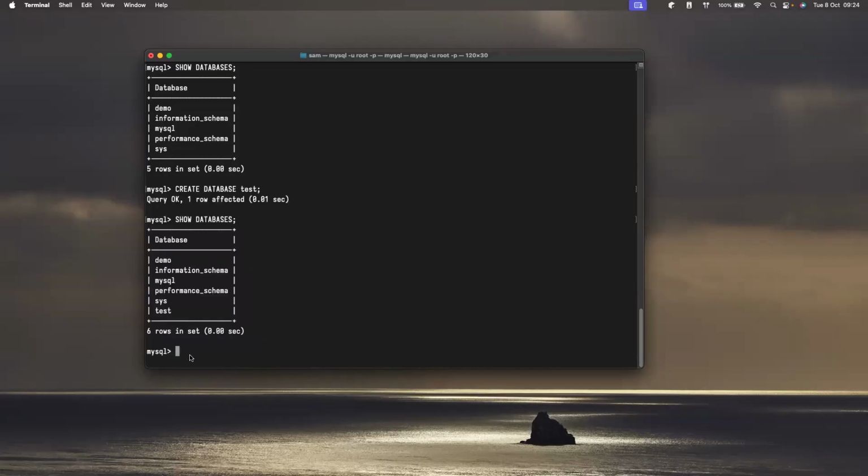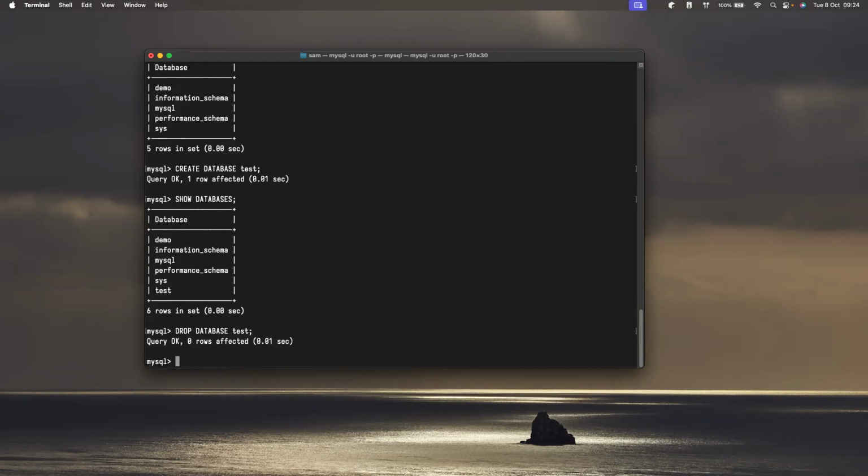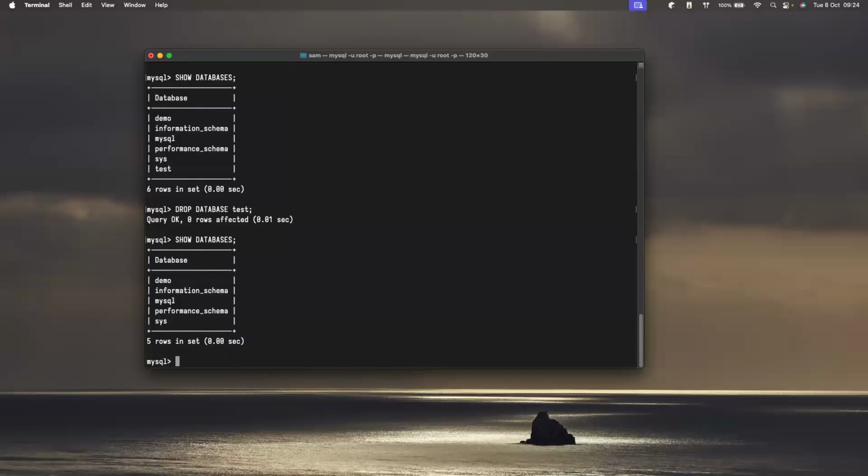Okay, fine. What if I want to drop the database? And by drop, I mean I want to delete it. So how can I drop a database? Any idea? How can I drop a database? Delete database? No, it's just drop. Drop database, and the name of my database, which will be test. Simple. Click, and voila. Now if I show my databases again,